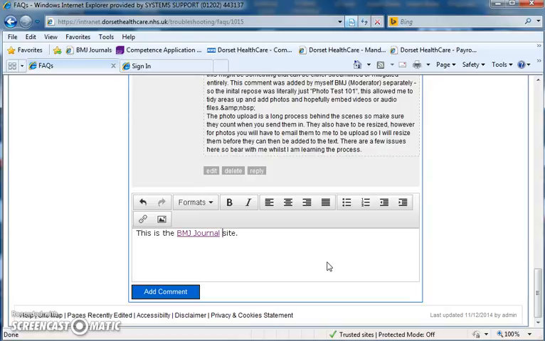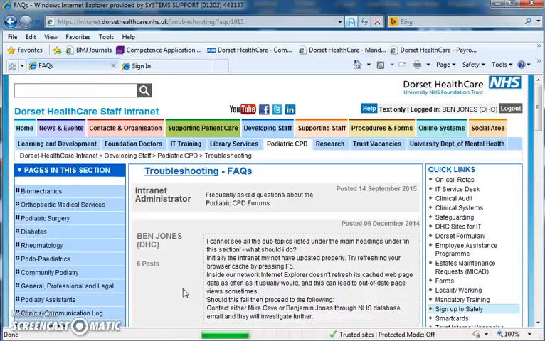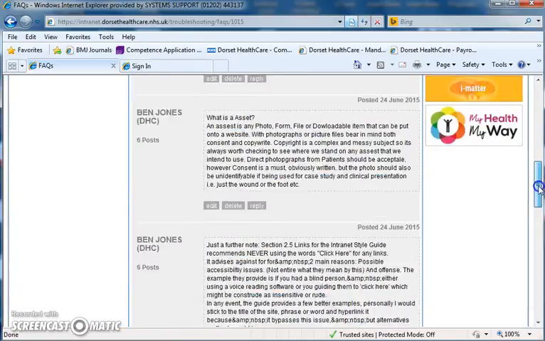Add an extra space away from what I've just done. And that's it in a nutshell, guys. So you've gone in, you've logged on, you've chosen what you want to write about, and then you've added a hyperlink. Simply add a comment, and this will add this to the discussion board. And you should see, if we scroll back down now,